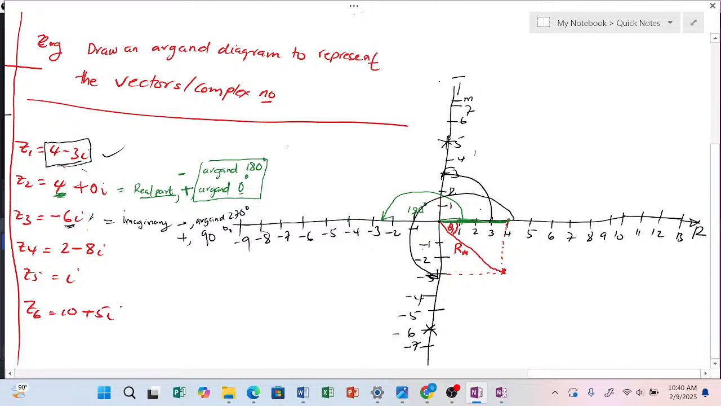So if I have a complex number that is made up of only the imaginary part, then I'm supposed to find the argument of it. If it is negative, the argument is 270 degrees. If it is positive, the argument is 90 degrees. Sometimes they'll ask you to change it to radians, and we will learn how to do it. Then Z4, complex number 4,